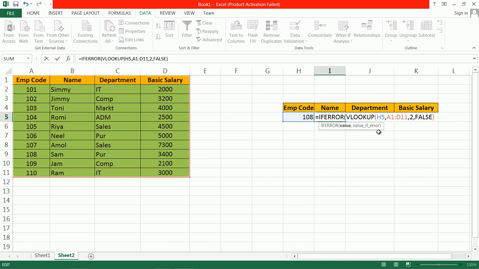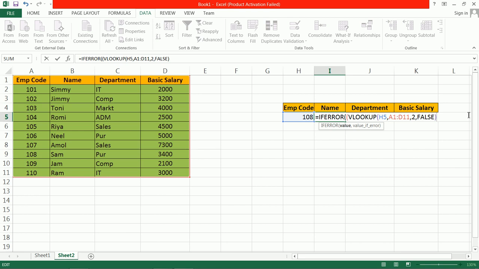Okay, if it is true, then it will search VLOOKUP, comma, if this one is the value, and IFERROR, this value, then IFERROR. Why doesn't it highlight this one again? Go to IFERROR, right? It is IFERROR.